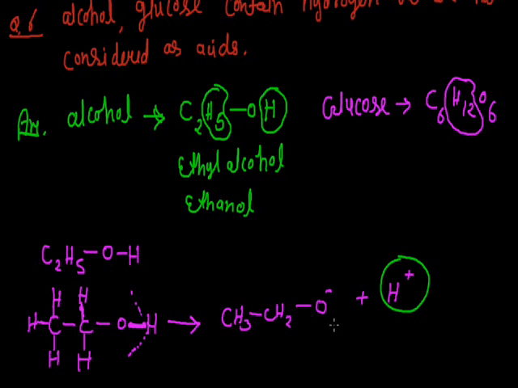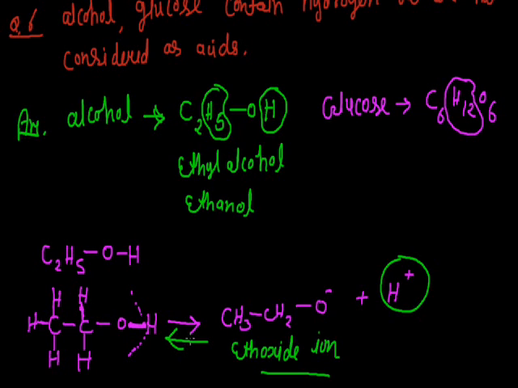But the problem is that this reaction is called an ionization reaction and it is reversible, since the left hand side reactant is more stable as compared to the right hand side product. So as soon as this alcohol gives H plus, at the same time this H plus combines with the CH3CH2O negative ion, also called the ethoxide ion, and again forms alcohol. So the probability of finding H plus is very less. That's why the alcohol acts as a very weak acid.